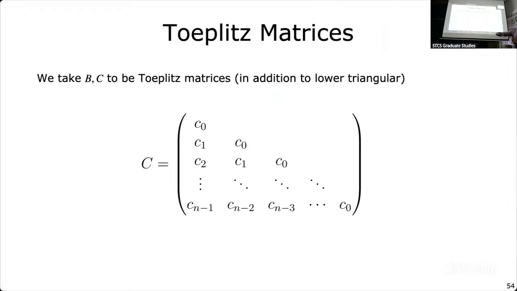So throughout this talk, we'll restrict ourselves to Toeplitz matrices. That just means along every diagonal, we have the same value, right? So the main diagonal is all C0, the diagonal below that is all C1, and of course, they're all lower triangular throughout as well, right? Taking Toeplitz matrices is good analytically, it makes our life much simpler. But there's a stronger reason to use Toeplitz matrices. It turns out that we don't lose much by restricting ourselves to be Toeplitz.